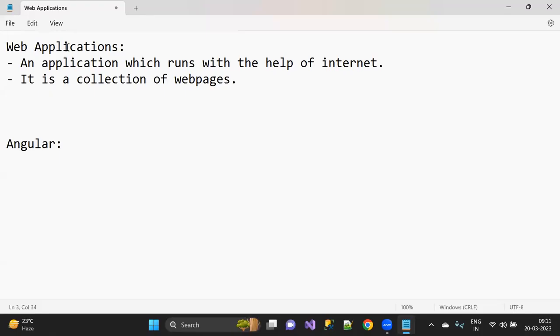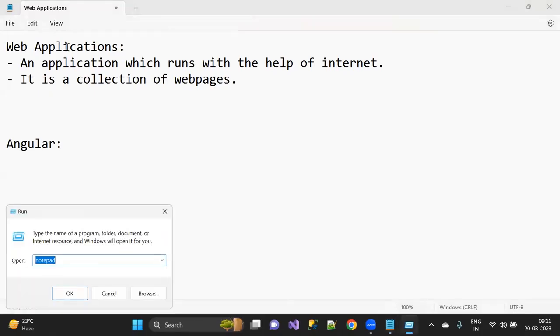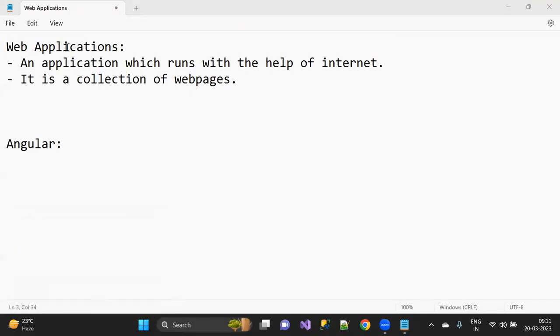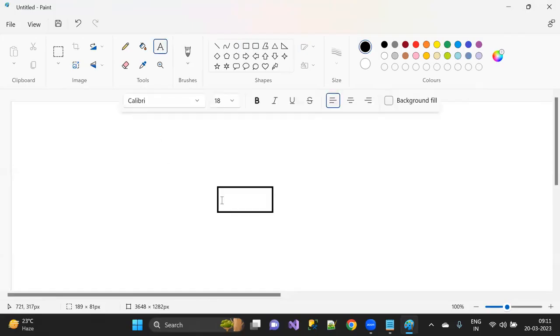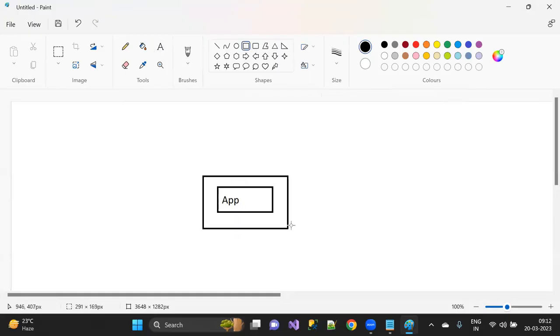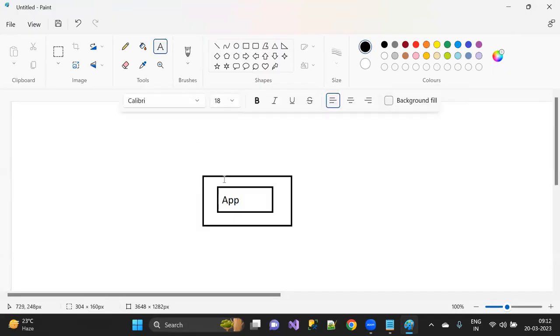Suppose the development is done and working fine, and the QAs and testers have tested well and given the sign off. Then you must install or host the total application in some software, and that is nothing but a web server.